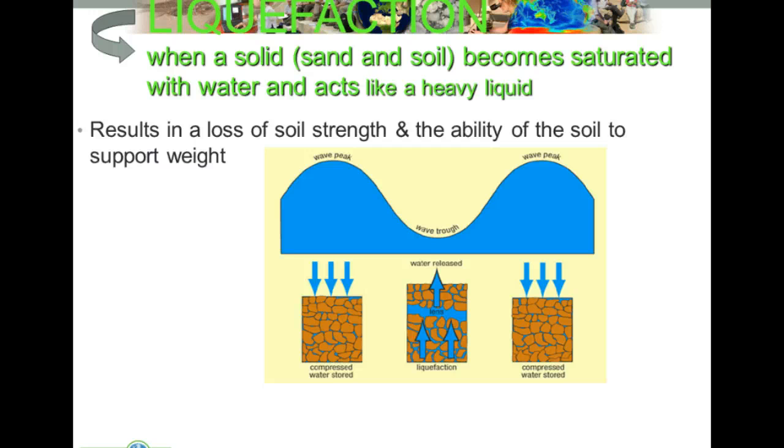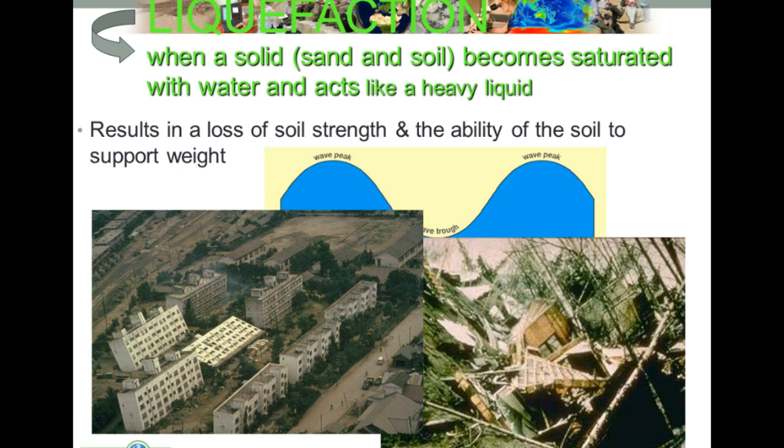Now, as a result of that, soil becomes a bit like quicksand and loses its ability to support any weight, such as roads and buildings, etc. Write that down as well. What happens now is what you see in this picture. Buildings and roads literally sink into the ground or fall over altogether. So get that in your notes as well.